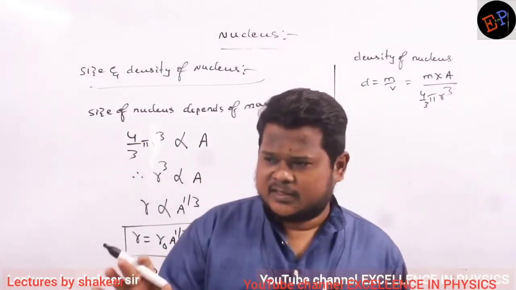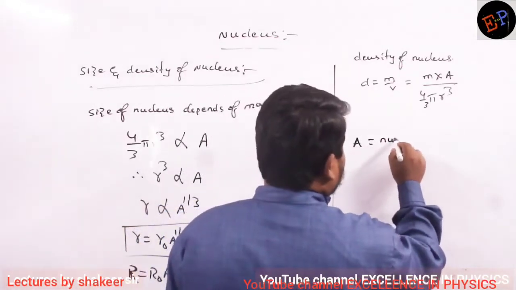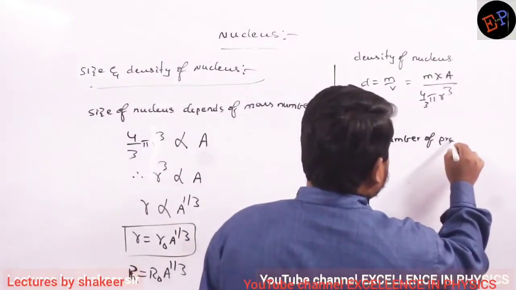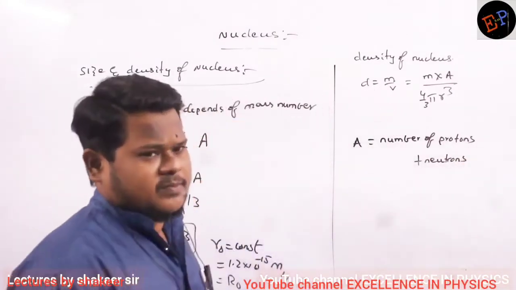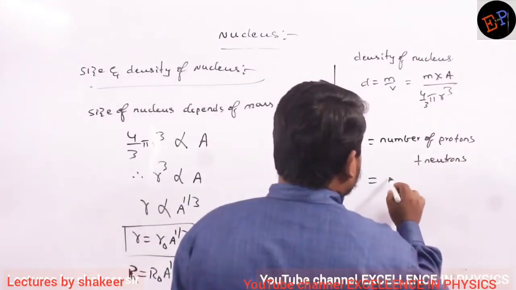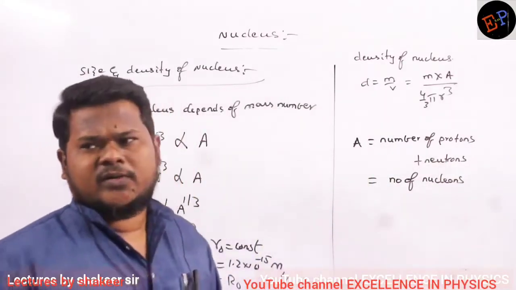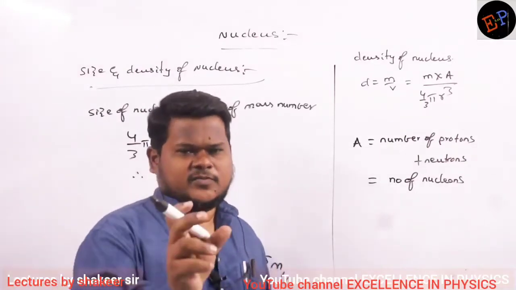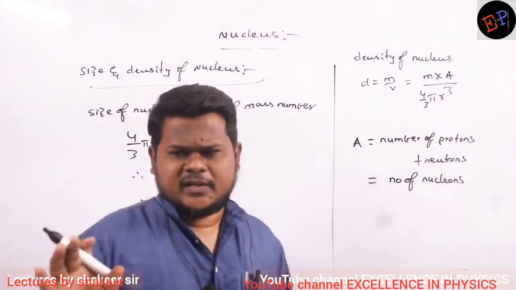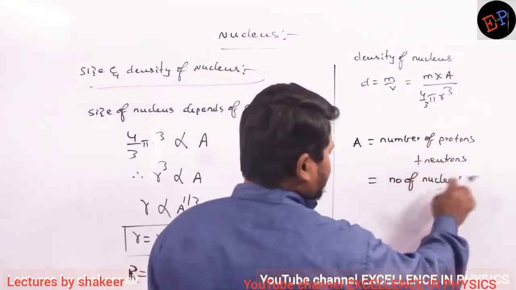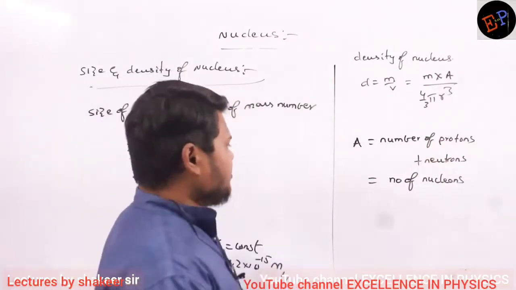That is only a number, not mass. Here A means the number of protons plus neutrons. Clear, no? The number of protons plus neutrons is called A, the mass number. And the number of protons and neutrons, I can call nucleons also. The mass of proton and neutron are almost the same, almost equal. Neutron is slightly bigger than proton, but very slightly. So instead of protons and neutrons, you can just write nucleons. Nucleons means you get the protons also and the neutrons also. Are you able to understand?